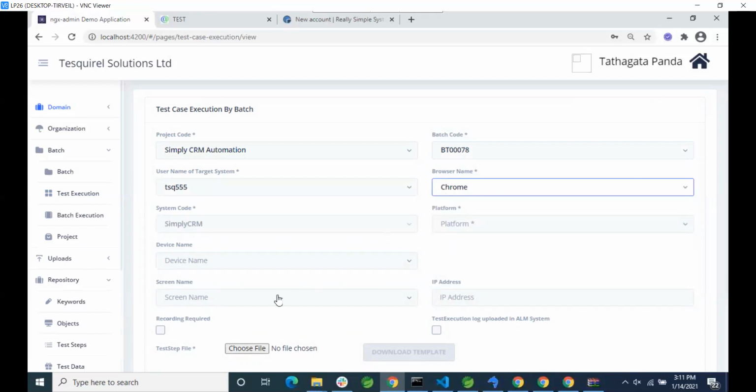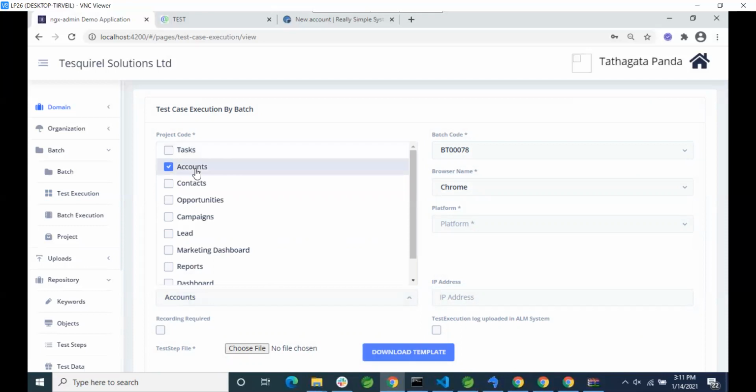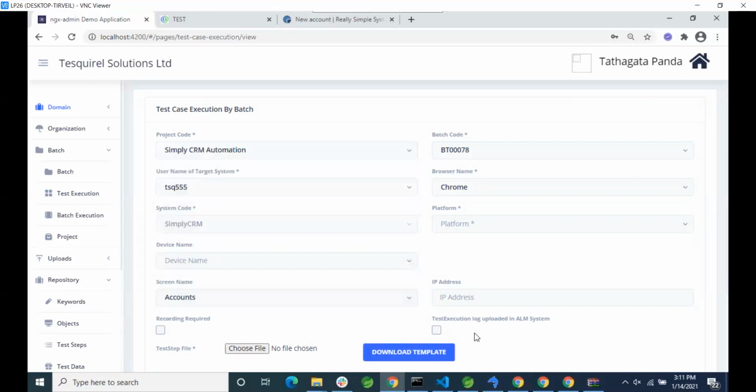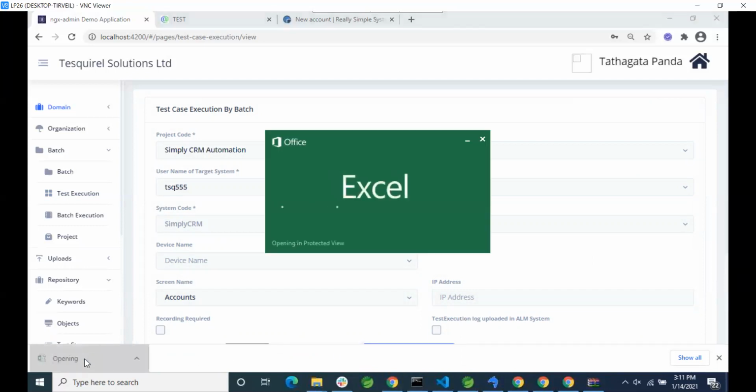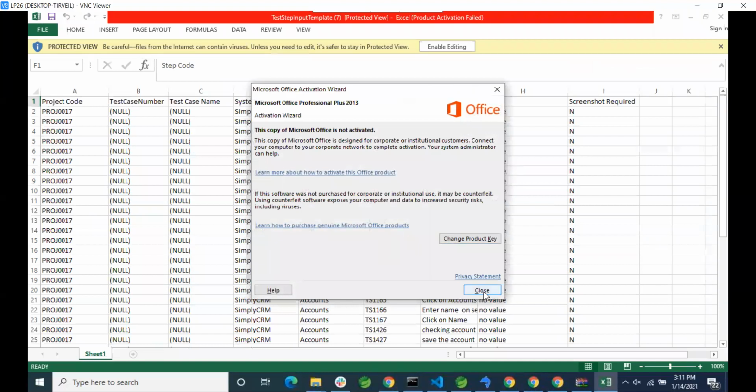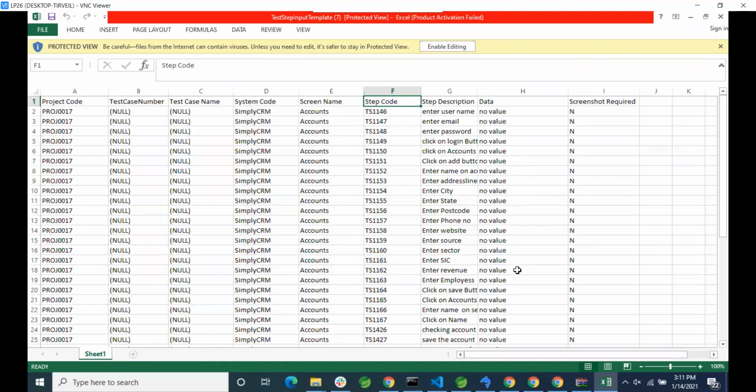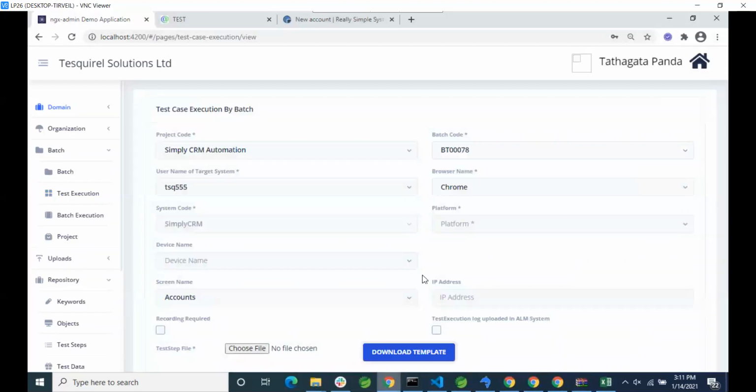Select the browser and the screen, we'll select the account screen. And using this account screen, we can download the template. When we click on this, we get the list of steps automatically coming over here, wherein we just have to enter the data and then automate.